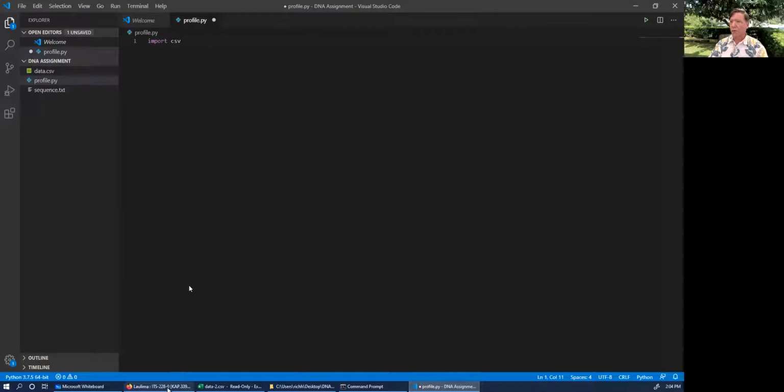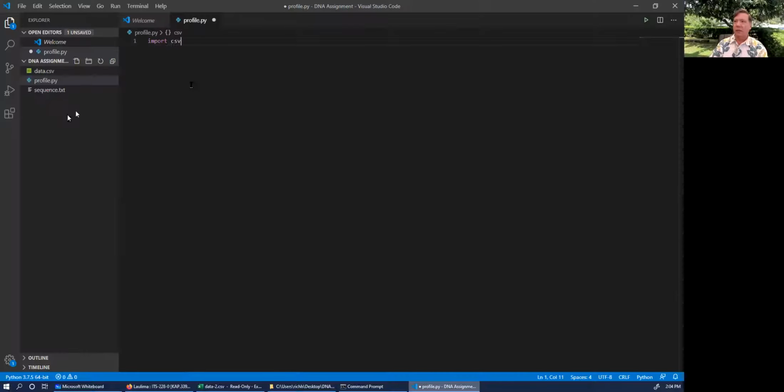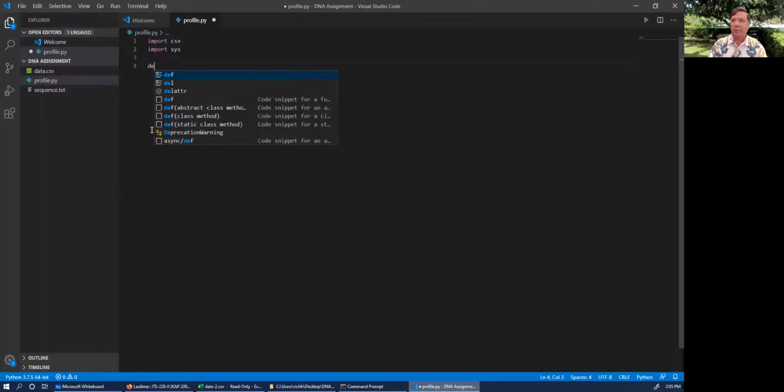I want to be able to execute the program this way, which means I have to be able to look at the arguments. And so to do that, I'm going to need to import sys, and I might need one more, but I'm not going to add that until I'm sure I need it. Okay, so let's define main,